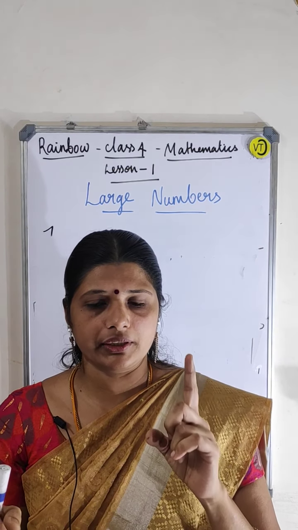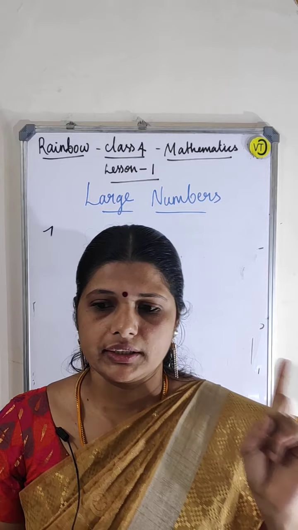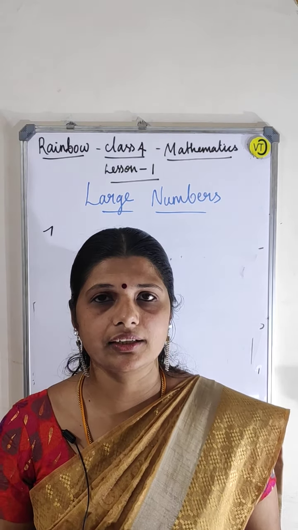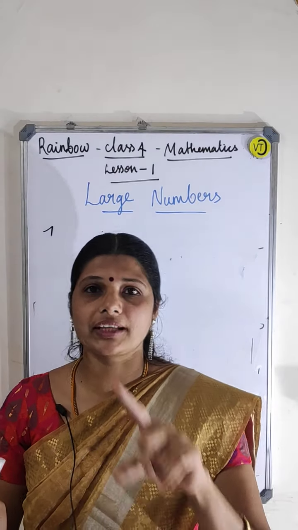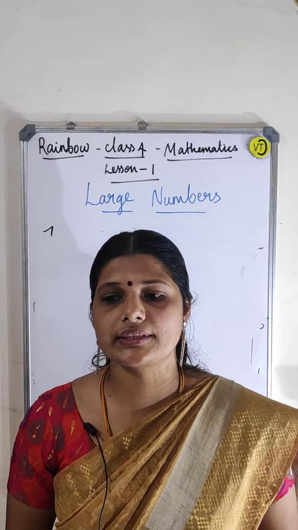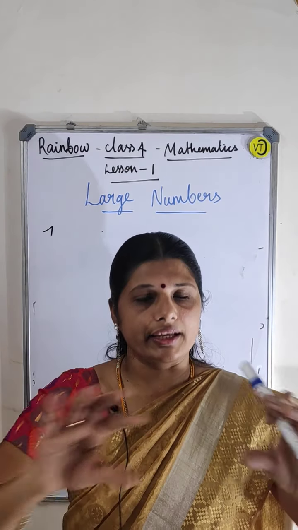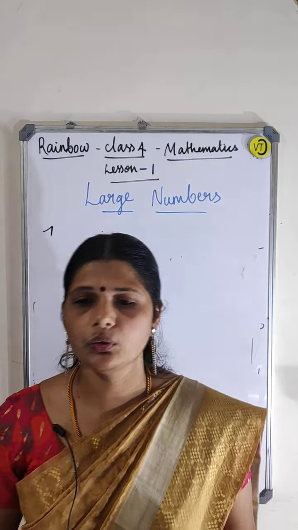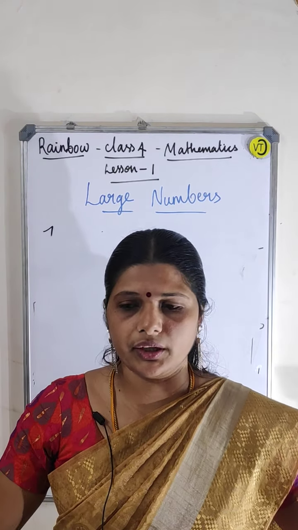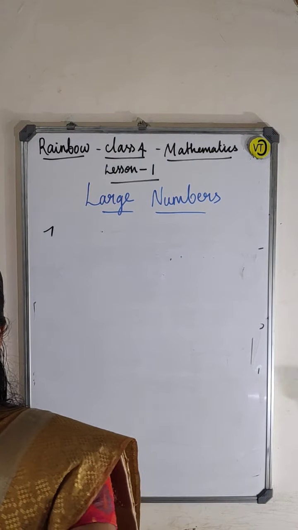So it is 70,000 plus 8,000 plus 900 plus 2. You don't have the tens place here because it is 0. So places which have 0 are not represented in the expanded form. Okay guys, so you know now how to write the expanded form. Okay, the next thing is